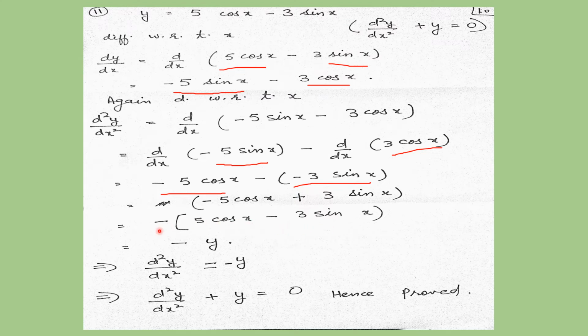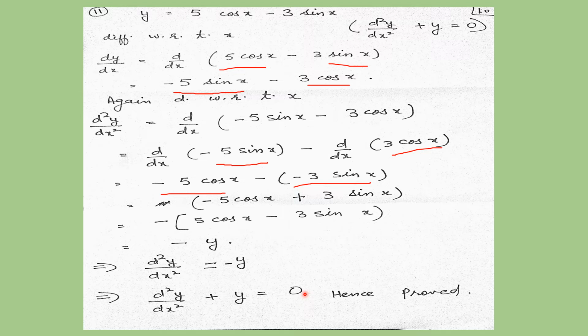Why did you take this minus common? Because we had to put the value of y. If you look carefully what was given to you, y is equal to 5 cos x minus 3 sin x. Just to get it in the format of y, I took this minus common. So you have minus 5 cos x minus 3 sin x, which is actually y. So you get it is equal to minus y. Okay. Now, d square y upon dx square is equal to minus y. Now, please take minus towards the left hand side. You will get d square y upon dx square plus y is equal to 0,